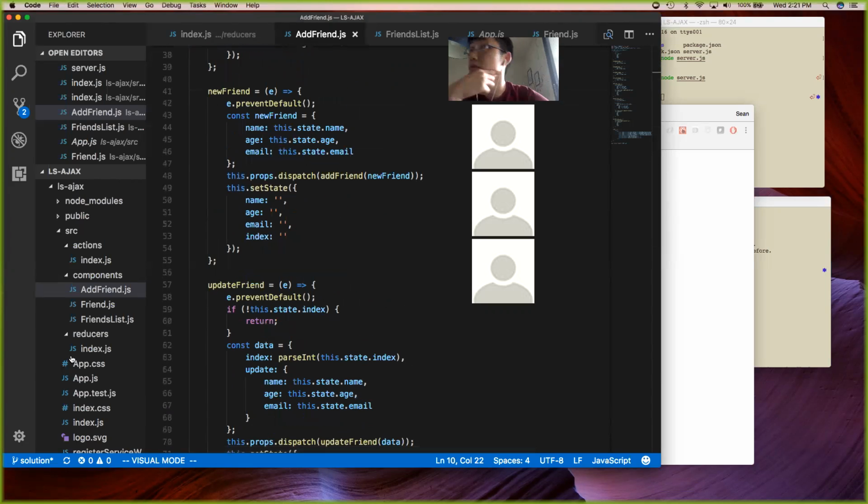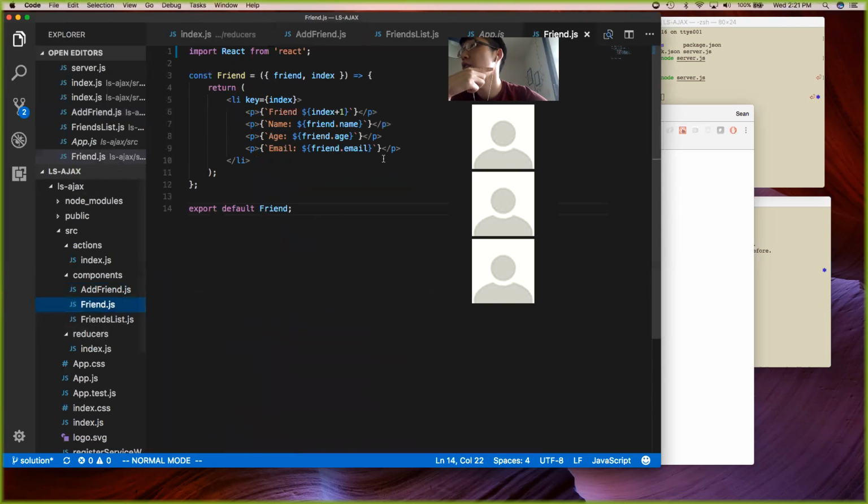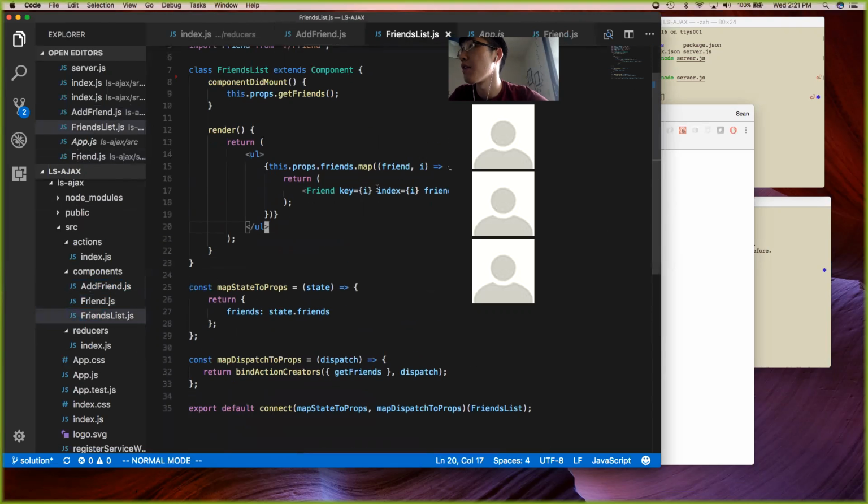Okay. And then the last component is friend. Friend here is just what we call a presentational component. I'm having it implemented as just a pure function with no class or none of that extra overhead on top. Yeah, specifying const friend, and then inside of the inputs, you give it the props that get handed down. In this case, I have friend and index, and then